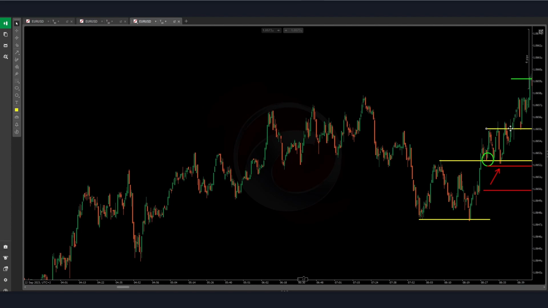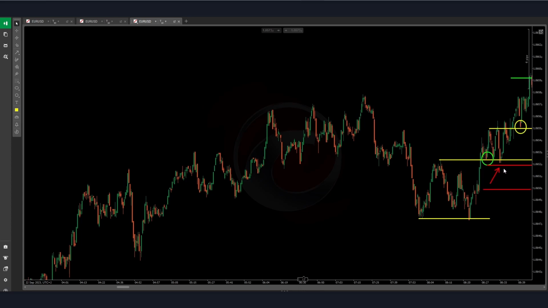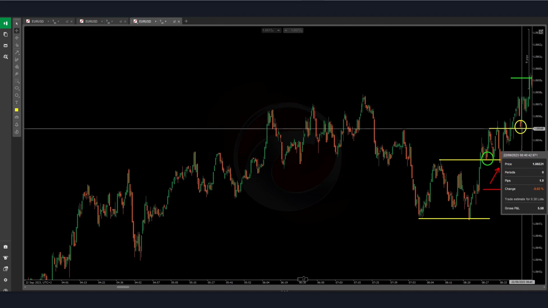Since I don't want to spoil it for myself, that's where, was it here? That's where I will take the second entry, or if I miss this one. So anyway, it is either one of the two. So this one will still be in action. We would have the first stop loss that we took. I mean, our position is